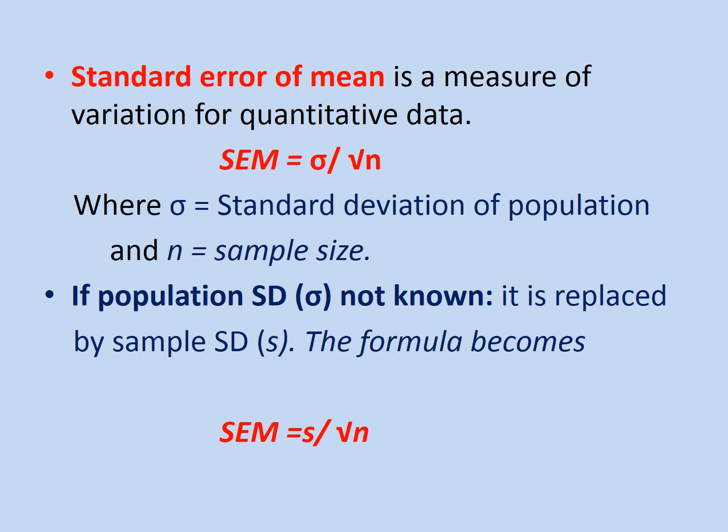Again, notice the word sample. I will say here, if you don't know the standard deviation of population, which is quite a common situation, we will not know it many times in community based research. So in that case you can use the standard deviation of your sample of 200 women divided by under root n, again here n is equal to 200.